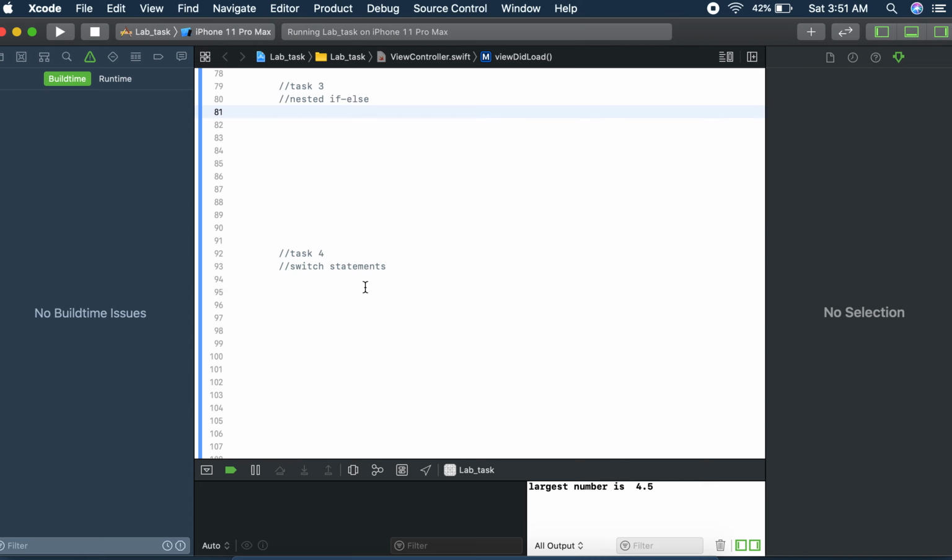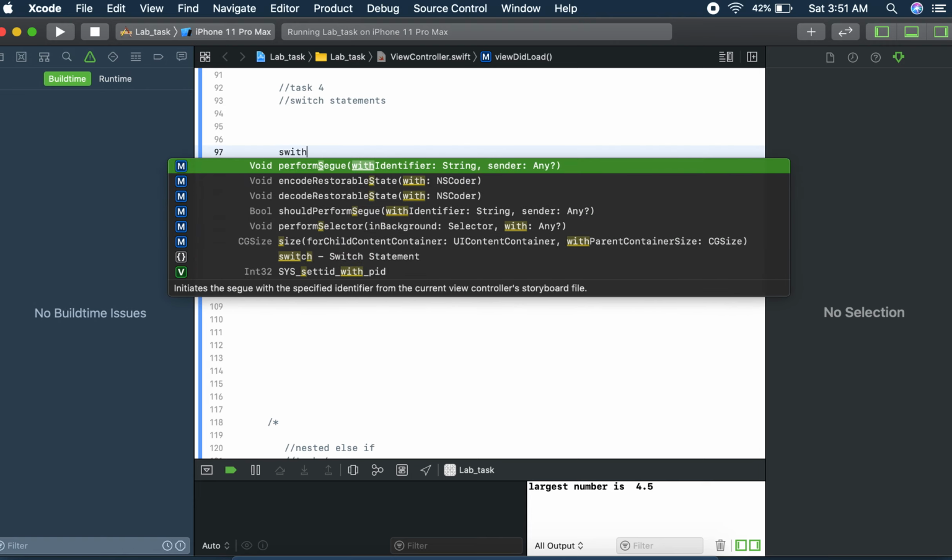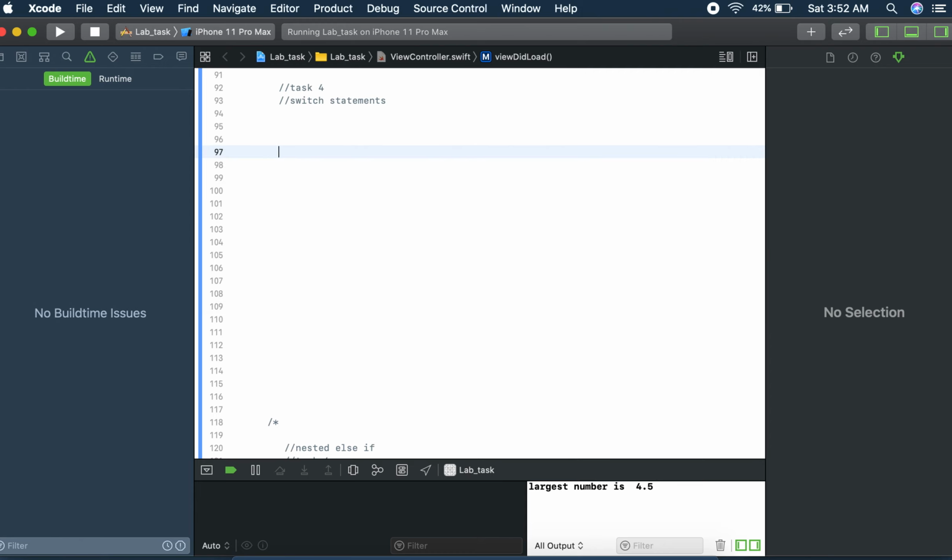So now we will check our switch statements. As we have discussed about switch statement, that switch statement is also a conditional statement, but it is preferable that when we are dealing with more than 5 or 6 conditions, then we can use switch statements. So just start. First of all, we will declare our variable. So I am writing a code to check the day of the week. So today I will check like 4,